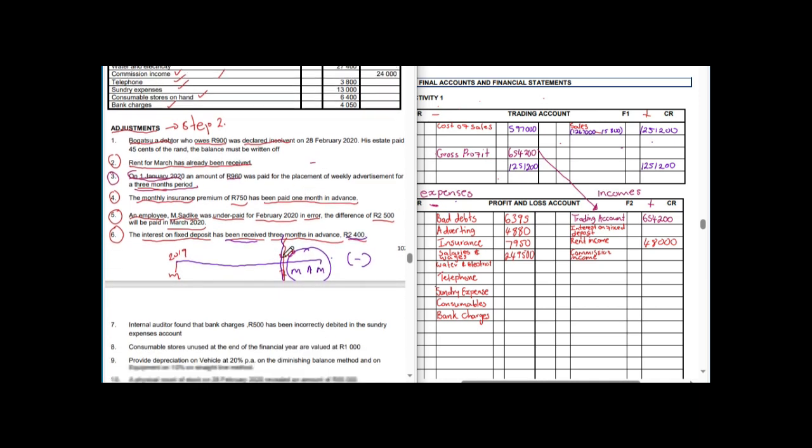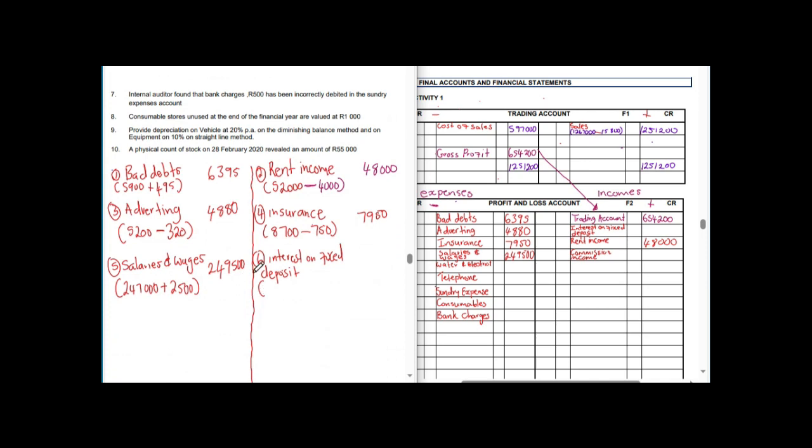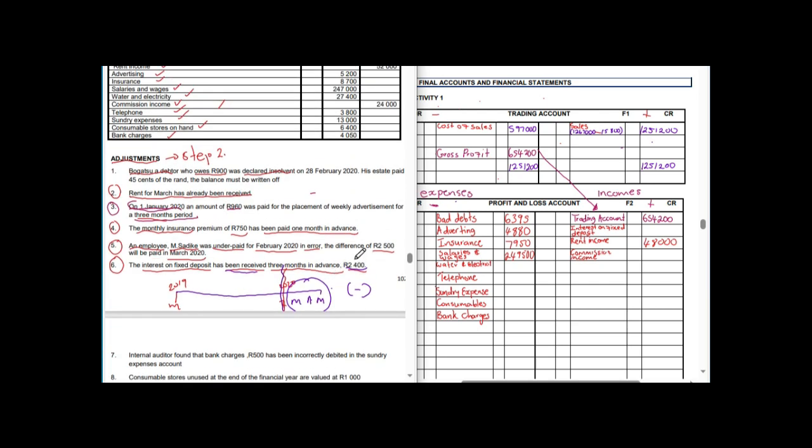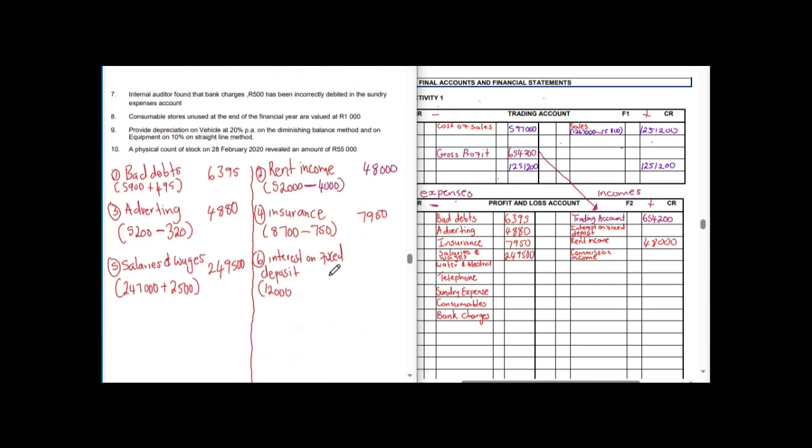Then now we are going to open bracket and write our opening balance of 12,000. And now they told us that 2,400 was received in advance for 3 months, and then we are going